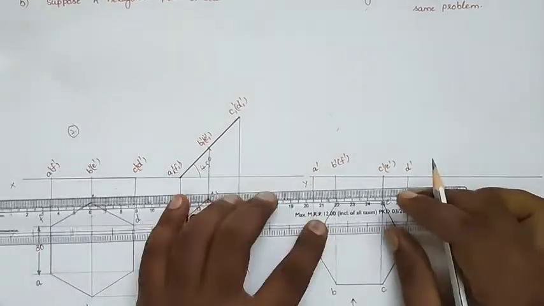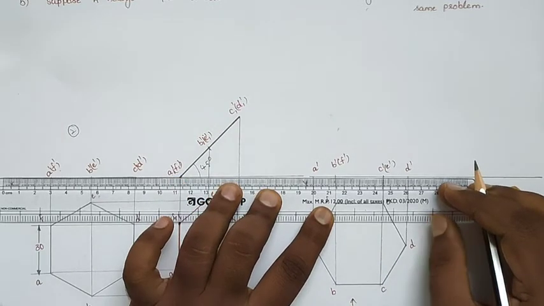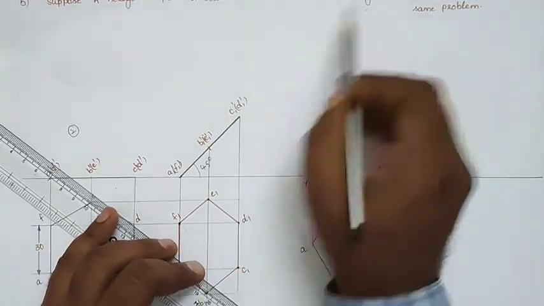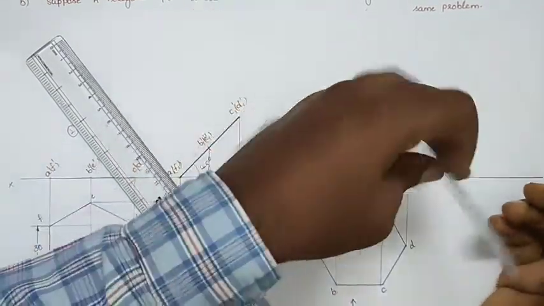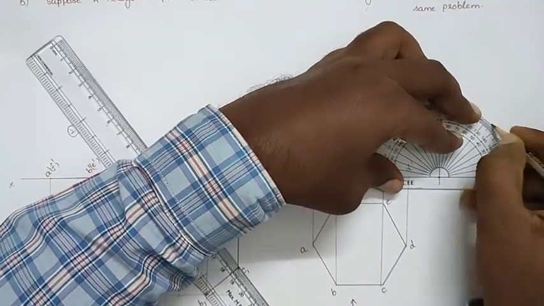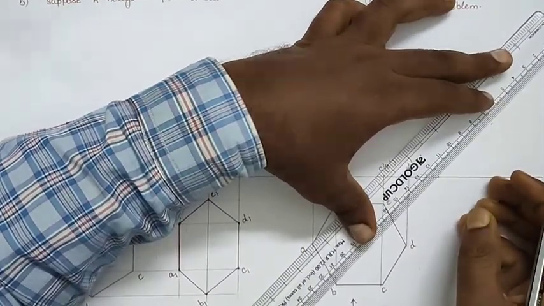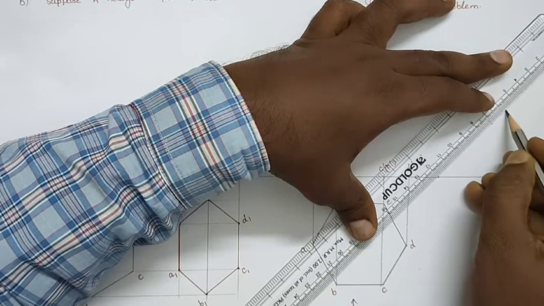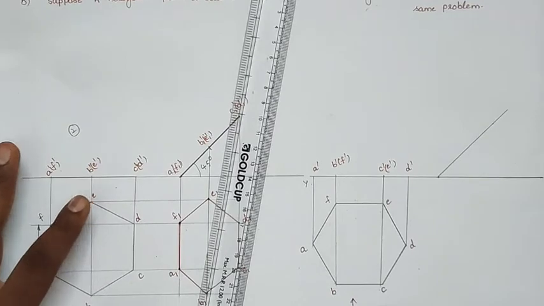Now measure the length of the front view. So we can measure, and that one is 62 mm. This front view can be redrawn with an angle of 45 degrees. Take some distance from the first front view and draw an inclined line with an angle of 45 degrees, and redraw the first front view in a 45 degrees inclined manner. Like that, we'll redraw the first front view.